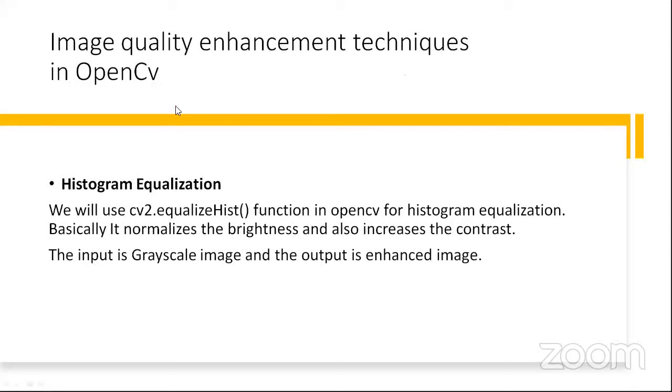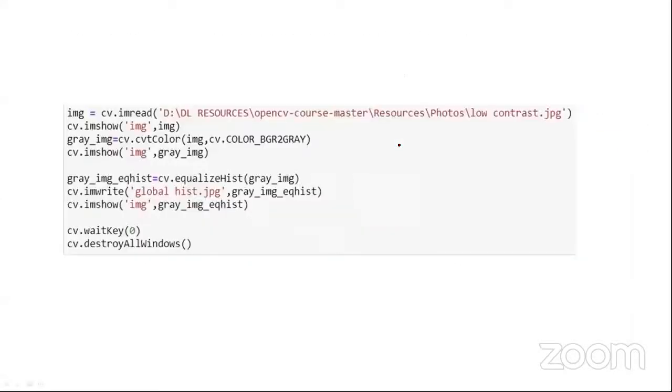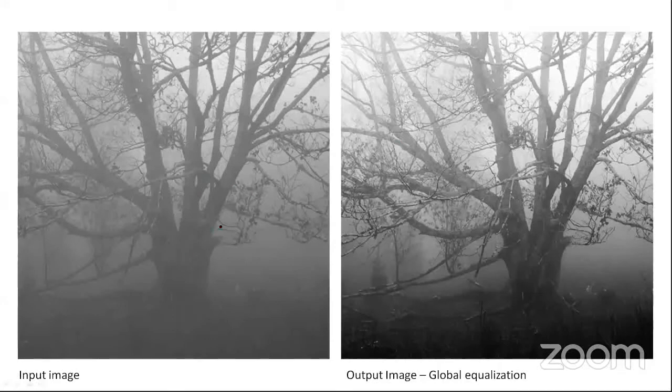Okay, guys. Now we move to image enhancement techniques. If you have an image with less contrast, like this image, and you want to increase the contrast, you go to the editor on your mobile and increase the contrast. Along with this, you have one more function, auto fix. If you use the auto fix function, it will get your image automatically fixed.